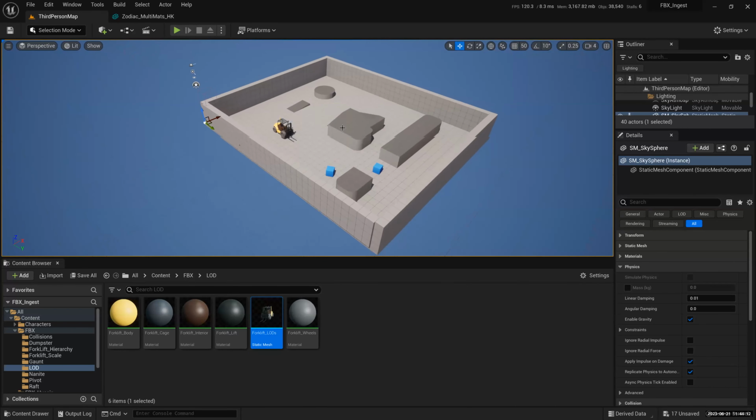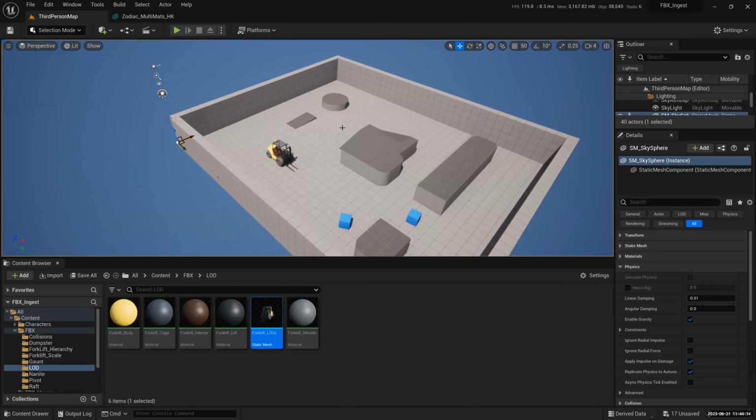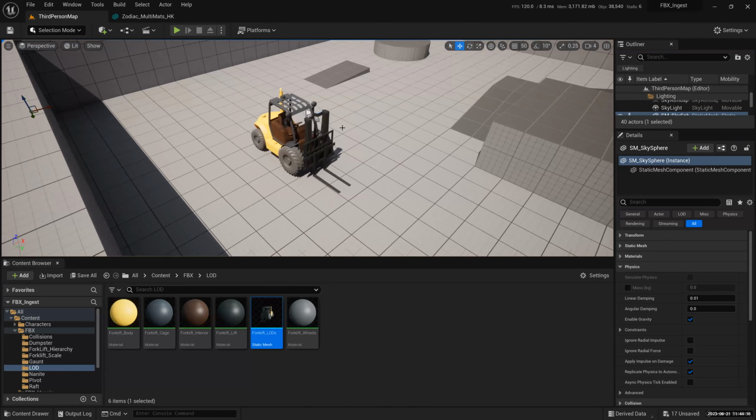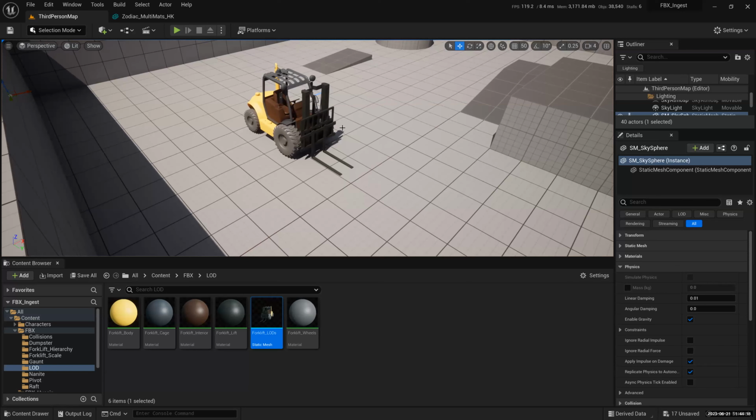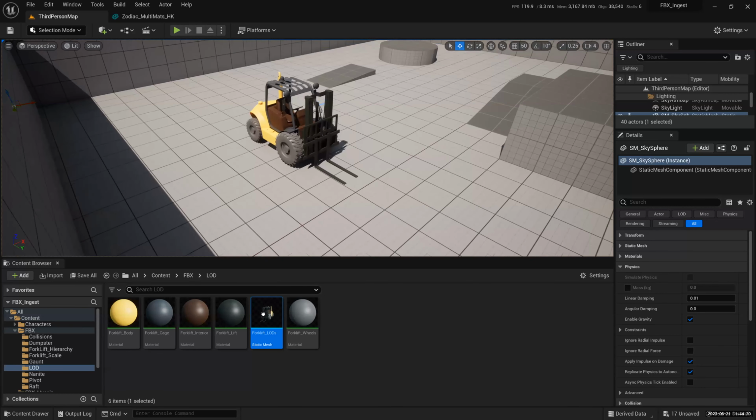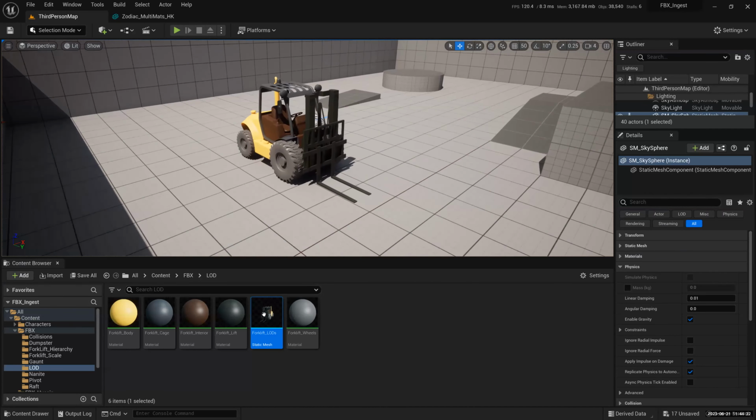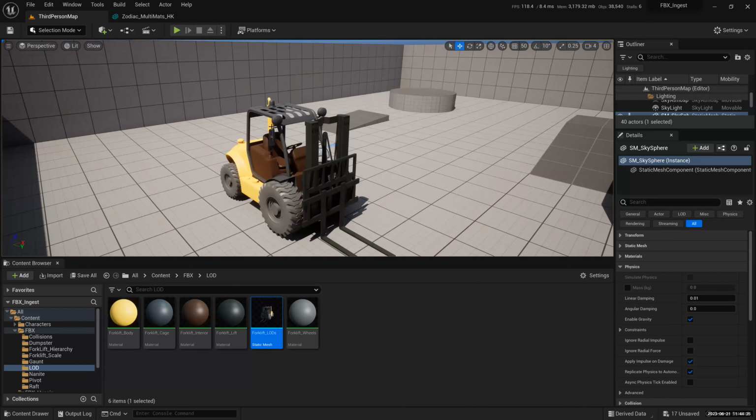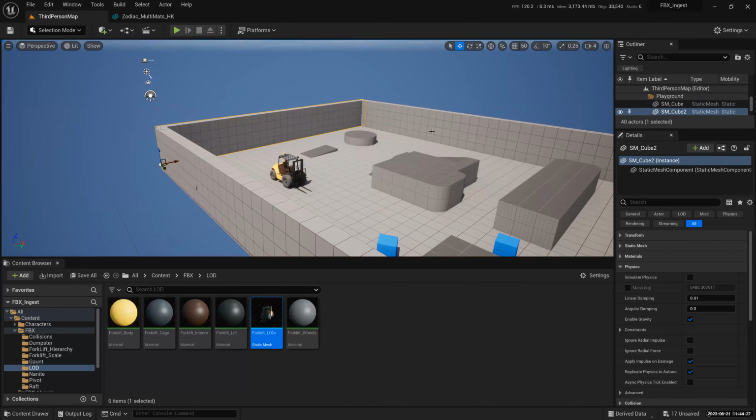Whenever you import an object into Unreal Engine, you can set that up as an LOD as well, and you can tell it how many LODs you want. Okay, in this case, if I select that, how many LODs? This has 4 LODs. Let me do something here. I don't like this wall, so I'm going to take it out.